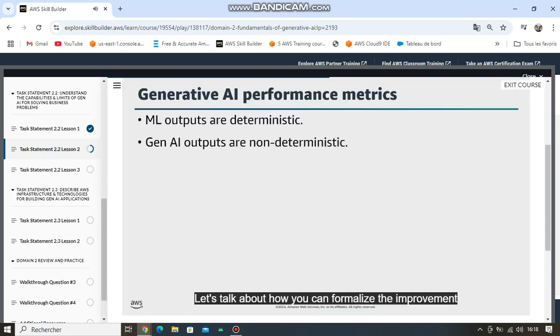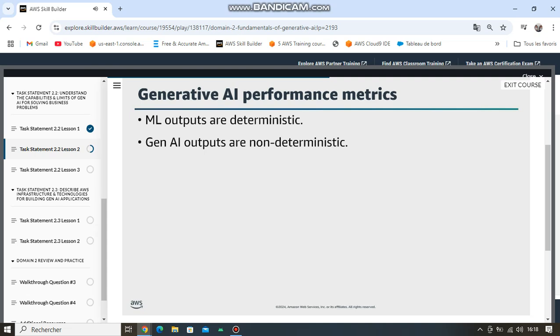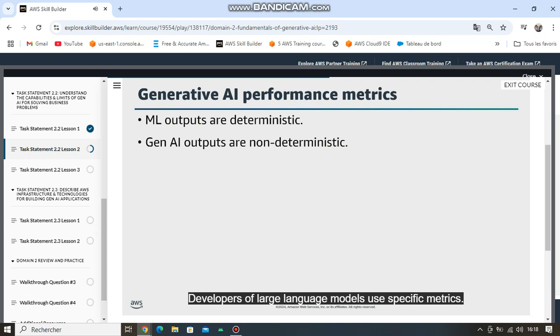Let's talk about how you can formalize the improvement in performance of your fine-tuned model over the pre-trained model that you started with. Developers of large language models use specific metrics. You can use these metrics to assess the performance of your models and